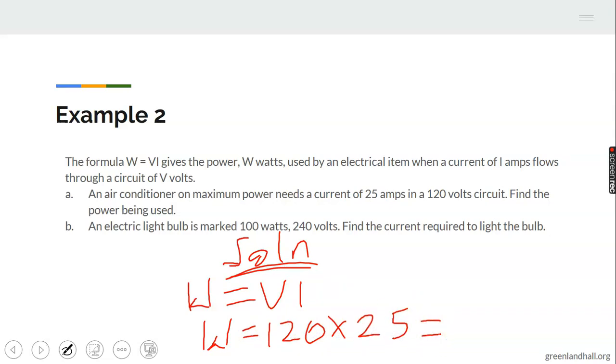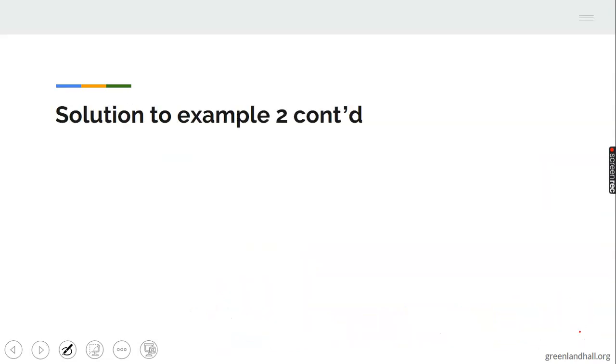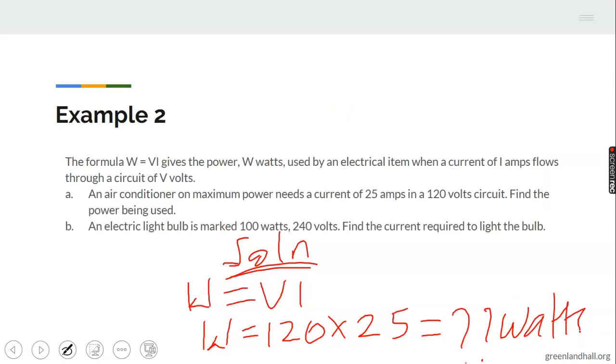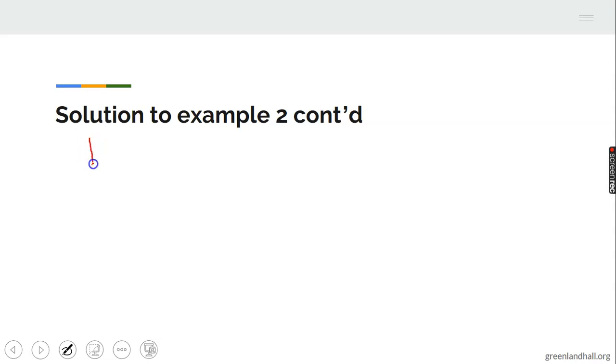120 multiplied by 25 will give us what? Use your calculator and do that. Your answer will be in watts. Okay. Now, the next thing is an electric bulb. This is for question A. For question B,